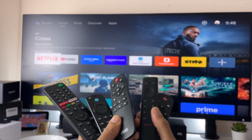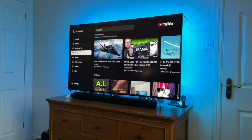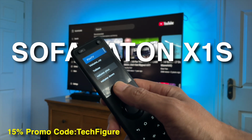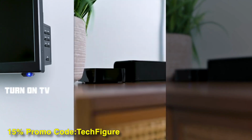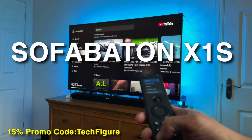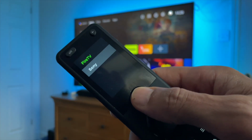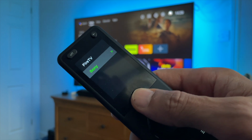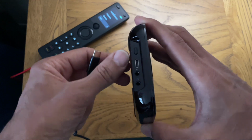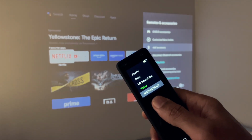Now if you're anything like me, you know that juggling multiple remotes for all your devices can be super frustrating. Introducing the Sofabaton X1S, the ultimate universal remote that's smarter, sleeker and simpler than ever. Whether you're switching between your streaming box, sound system or gaming console, this little gadget brings it all together in a seamless, user-friendly way. And trust me, it's going to make your movie nights and binge watching marathons so much better. So in today's video we're going to be diving into everything this remote can do, how easy it is to set up, and my honest thoughts after trying it out. So grab your snacks, get comfy and let's get started with the Sofabaton X1S, because it's time to say goodbye